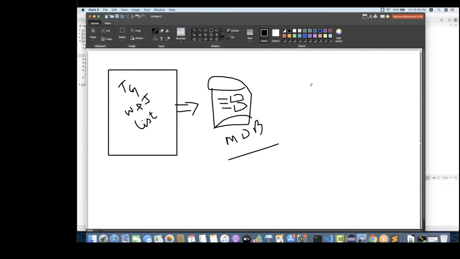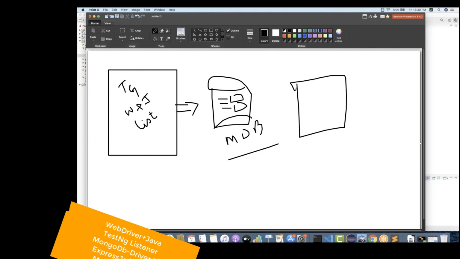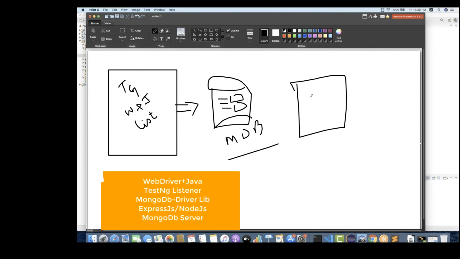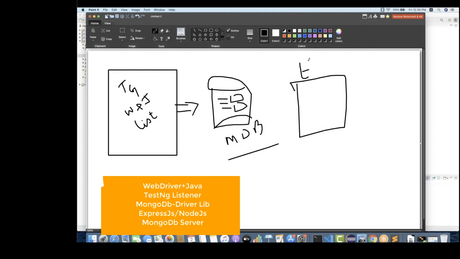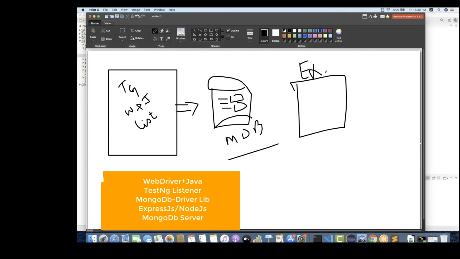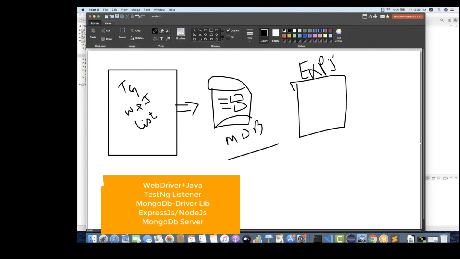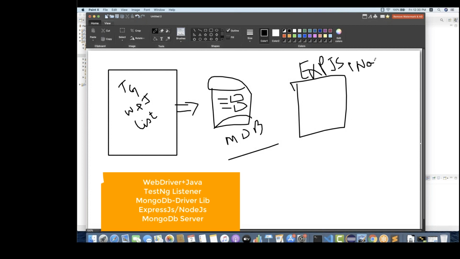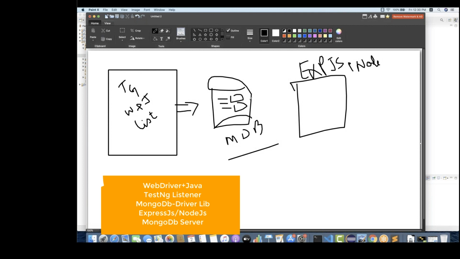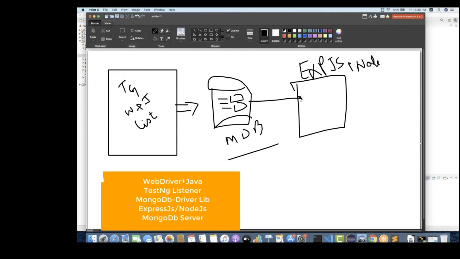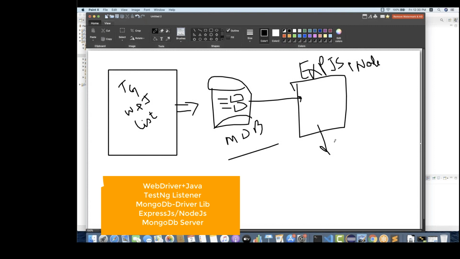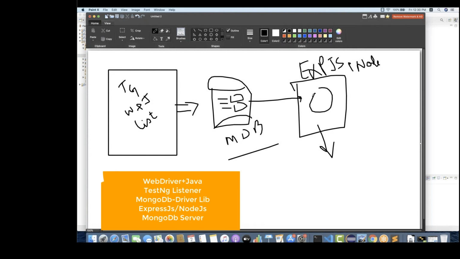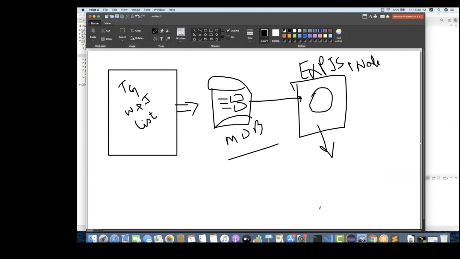Then I'm going to write Express.js APIs. I'll be using the Express.js framework. I don't know if you guys have heard about it; I've already prepared one video on this. Express.js with the help of Node, we will be using that. Whatever data is coming from here, we will fetch it with the help of this particular utility that we will be creating, and we will display the data on the browser so that you can refresh it.